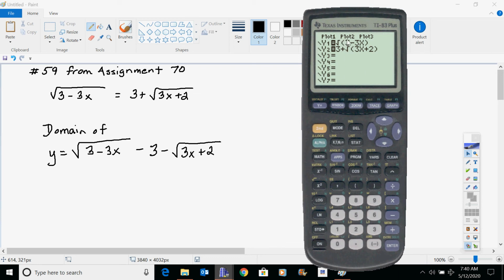So here's our first equation, here's our second equation, and when you do zoom 6 on this, what we find is that when these two graphs are drawn, there's a definite gap in between them and they don't actually intersect. Since they don't actually intersect,